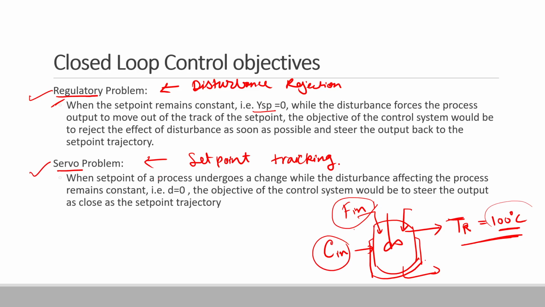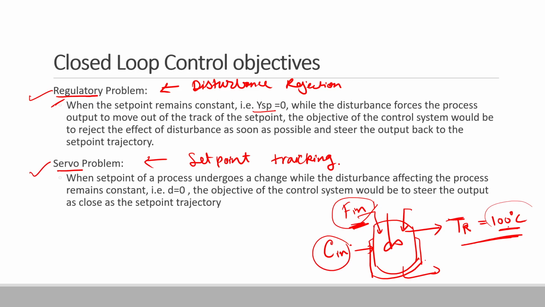Then another kind of control objective is known as the servo problem. Over here, the set point of the process undergoes a change, while the disturbance affecting the process remains constant. So if the flow input of the system and the cooling water temperature and flow rate, which are basically disturbances to the system, are kept constant, and we want to change the